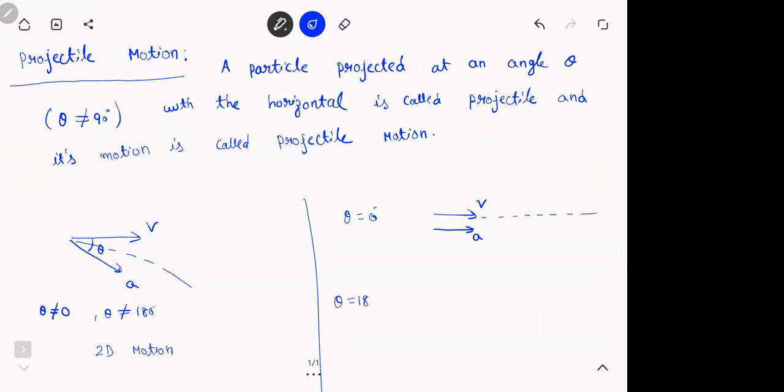Suppose theta is 180, what does that mean? v is forward, a is negative. It is decelerating. So this is one-dimensional motion, which we have studied so far. We know how to handle things when it is going up and down, or left and right. But what happens when you throw at an angle between them? That is something new which we are going to deal with. The main catch is, I know how to solve the problem if you throw up and down or left and right. What if you throw at an angle? What to do with that? That we are going to see.